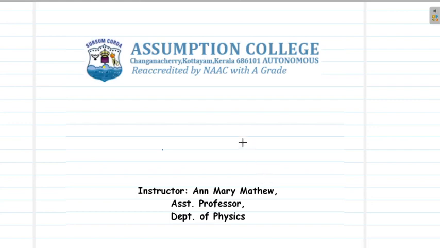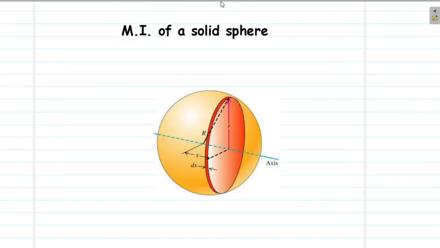Hello dear students. In today's class, let us calculate the moment of inertia due to a solid sphere. We will specifically look into the moment of inertia of this sphere about two axes. The first axis passes through the diameter of the sphere. So about this axis, the sphere is making rotations. And then we will calculate the moment of inertia about an axis which is tangential to the sphere and parallel to the first axis. So let us begin with this axis passing through the diameter of the sphere.